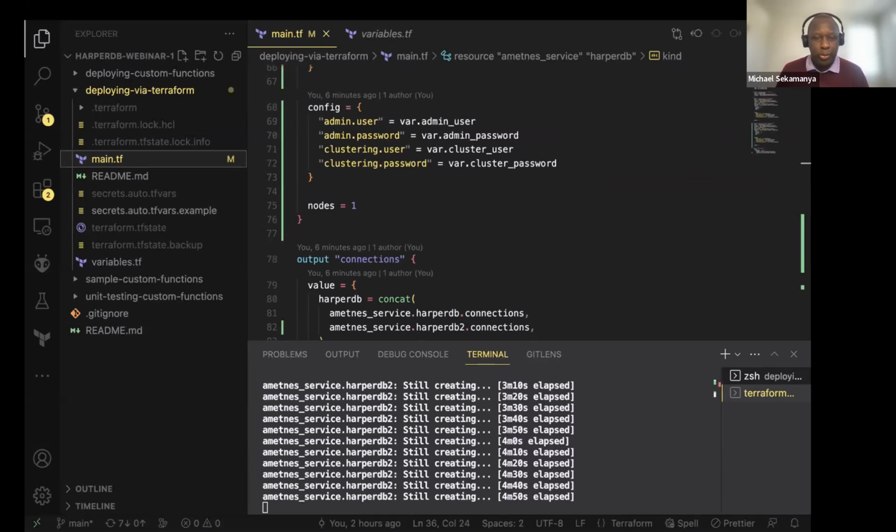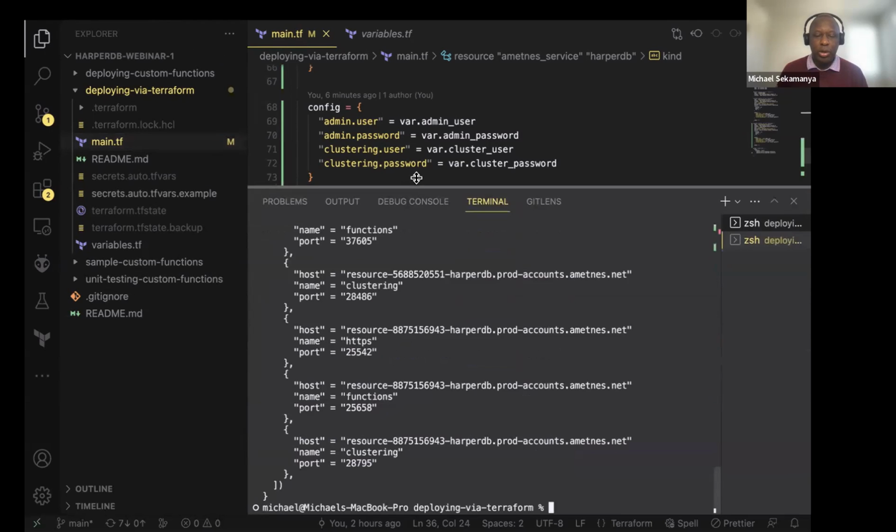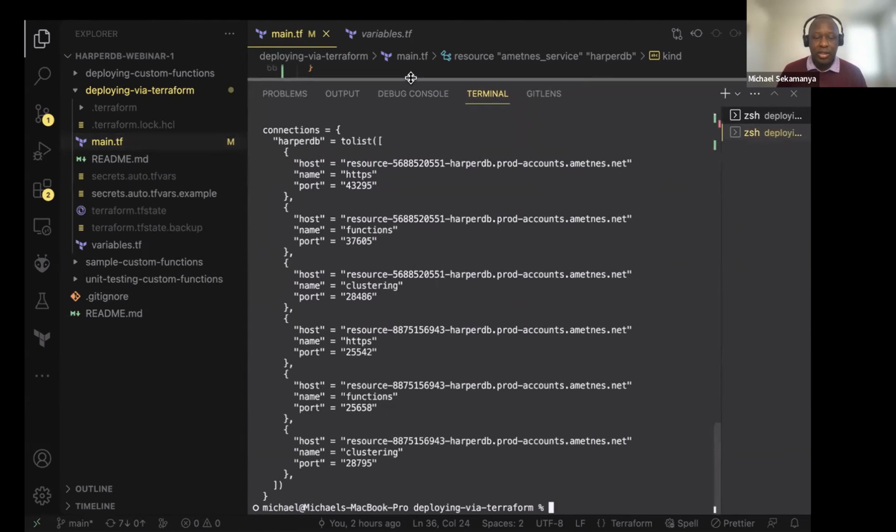So we are working on more and more example projects, and in that particular repository that this project is in, we intend to put in a lot more examples. Currently, we've got an example of how to use the Terraform provider. We are working on examples. For example, we did a lot of work on stress testing HarperDB. So at some future date, we'll touch base with HarperDB to see if they are comfortable with us publishing this information. But essentially, we intend to work with database vendors or other data services vendors to make sure